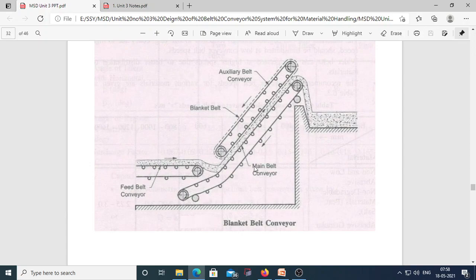But this belt we are using for 45 to 60 degrees. If the belt inclination is more than 35 degrees, the material will slide down. In such cases, we use the blanket belt conveyor.